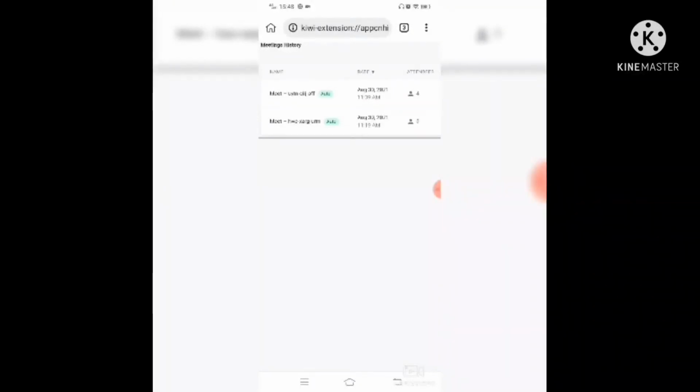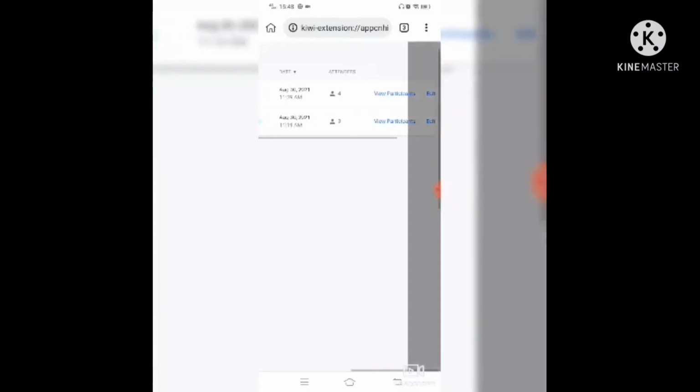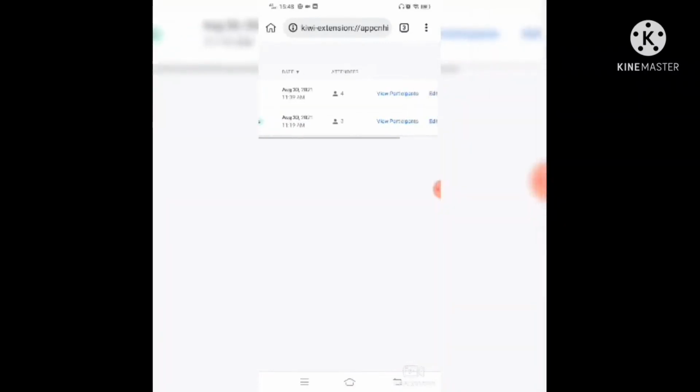Now you can see the name of the meeting, next the date of the meeting, the number of attendants of the meeting, and you can view the participants who have attended this meeting, and at last you have an edit button. This button is to change the name of your meeting.